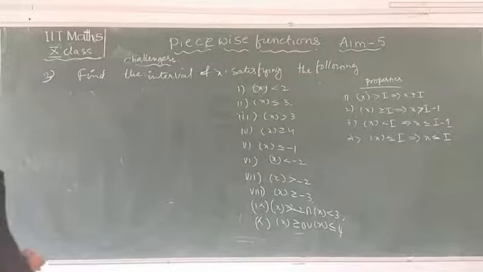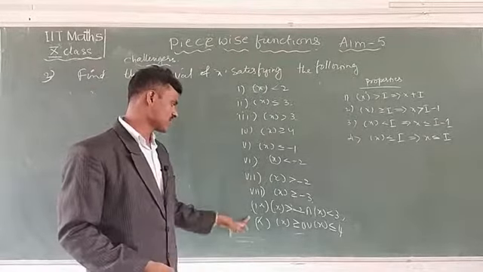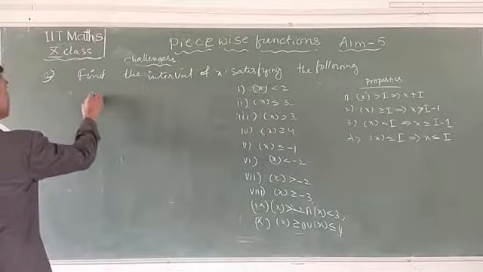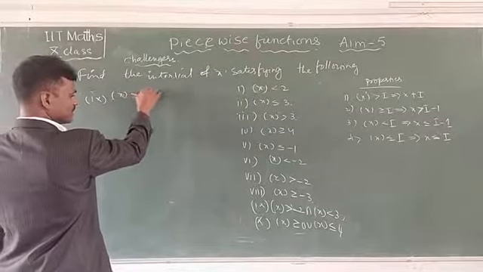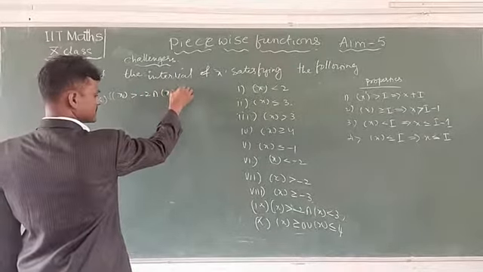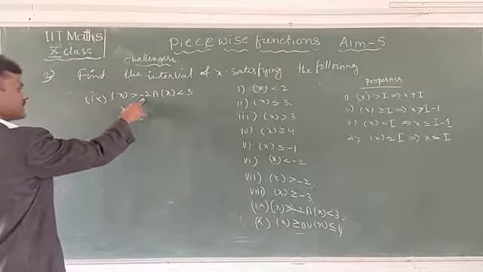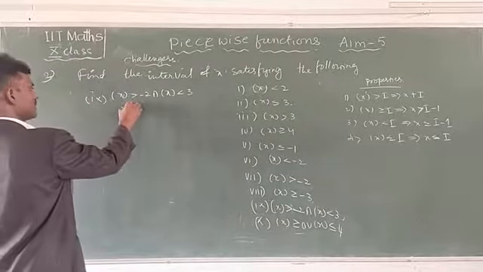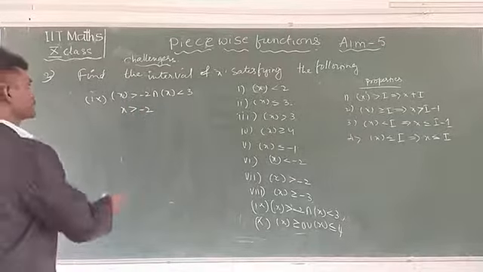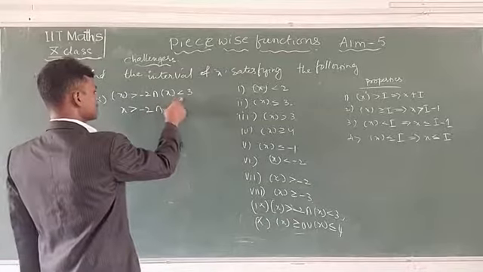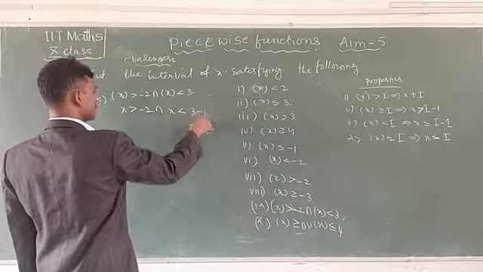Okay, now see here. The remaining ones you have to try at home. I will explain the last two problems. See here, the ninth one: step x is greater than minus 2 intersection step x is less than 3. Now step x is greater than minus 2 as given means x is greater than minus 2 only. Intersection, step x is less than 3 as given, means x is less than 3 minus 1.